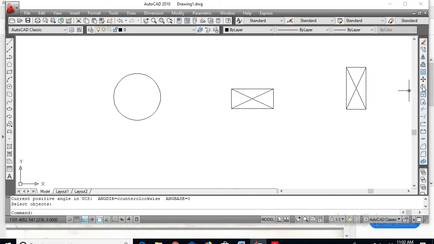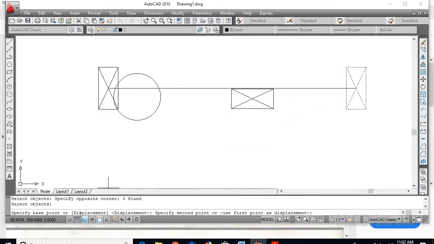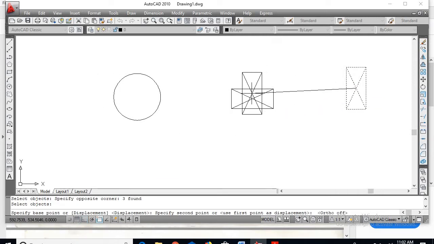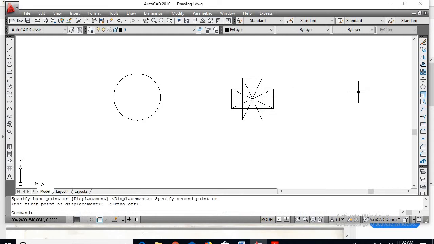Now go for move command, select the picture, select the midpoint so they coincide, switch off the ortho, place it here. Next, the width of the middle stamping, that is B, is 154.